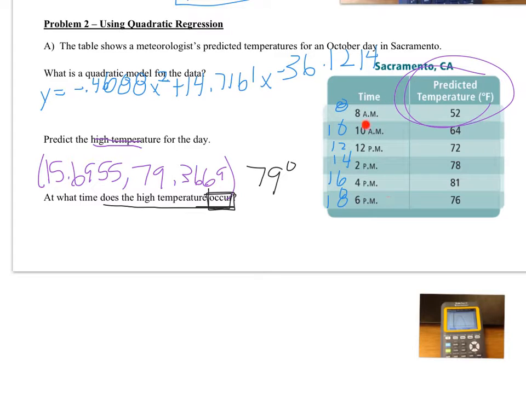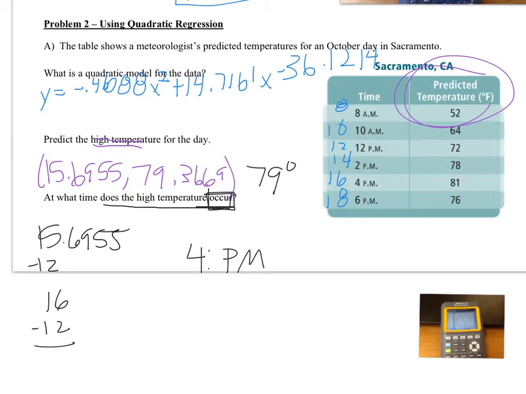Now this is where you have to be careful. So my time value would be 15.6955. However, we are in military time, so I have to figure out what time is that. So with military time, if you subtract the 12, so let's round this up to 16. You can round that to 16 and subtract the 12, and you're going to get 4 p.m. That would be your highest, and the highest would be 79. Again, we're using that equation, so it's a rough estimate. So even though it says 81 at this point, we're still basing it off of this prediction model. So my answer would be 4